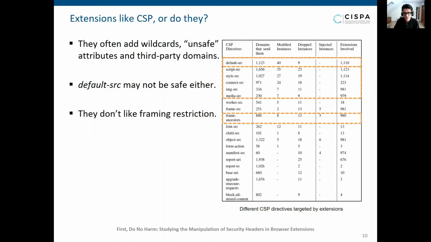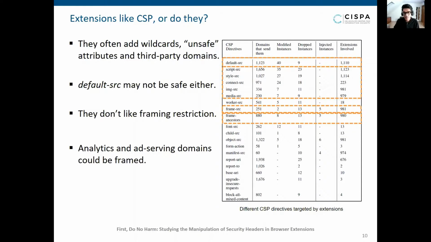Extensions don't like framing restrictions as well and would drop the frame-ancestors directive to load a given web page inside other domains of their choice. They also target the frame-src directive to inject analytics and ad serving domains originally not included by the web server, probably for monetary benefits.